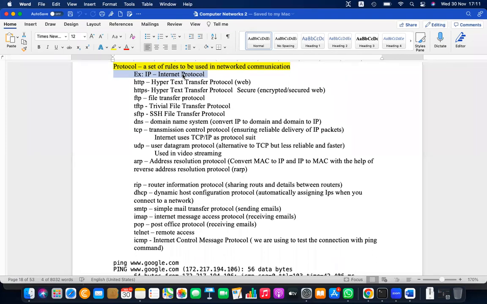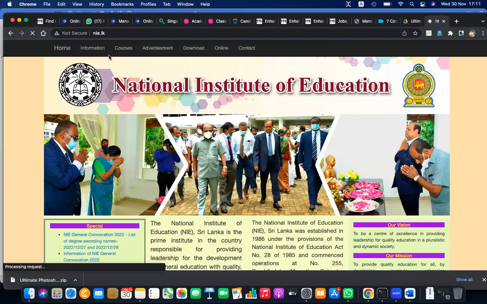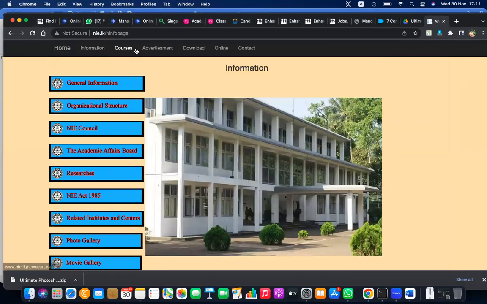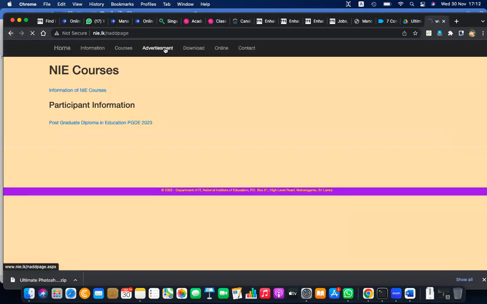Yes. HTTP is less secure, and HTTPS is more secure. What actually happens is that HTTP sends data as plain text. Let's say NIE.lk, and when I go to another page, here you can see some information. So whatever information is sent here,